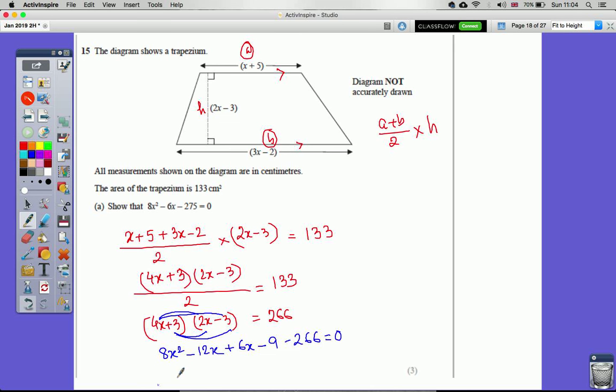Now 8x squared stays as it is. Minus 12 plus 6 gives you minus 6x, and that will give you negative 275 is equal to 0. And they have asked us to show that 8x squared minus 6x minus 275 equals 0, which I have shown in this calculation. Right? That's a 3-mark question. Now there's a second part to this question which